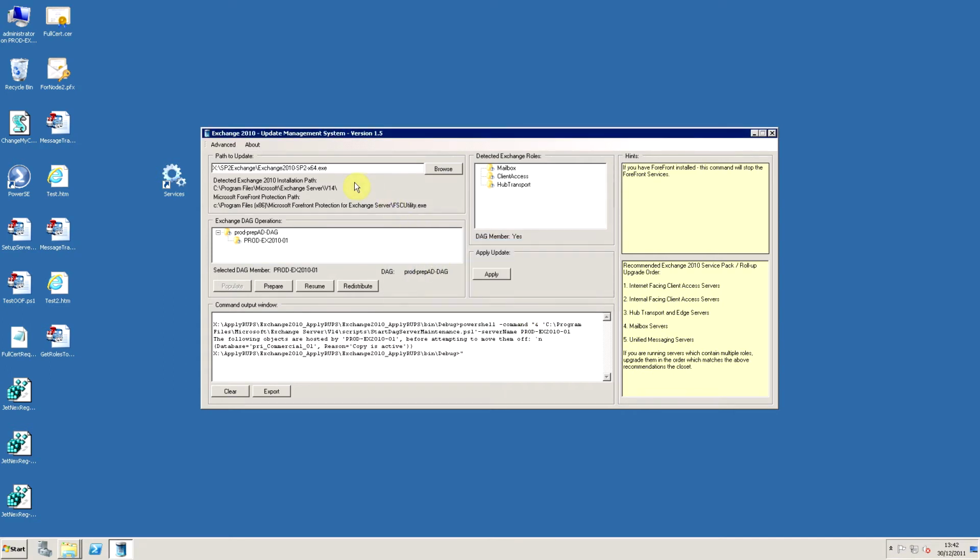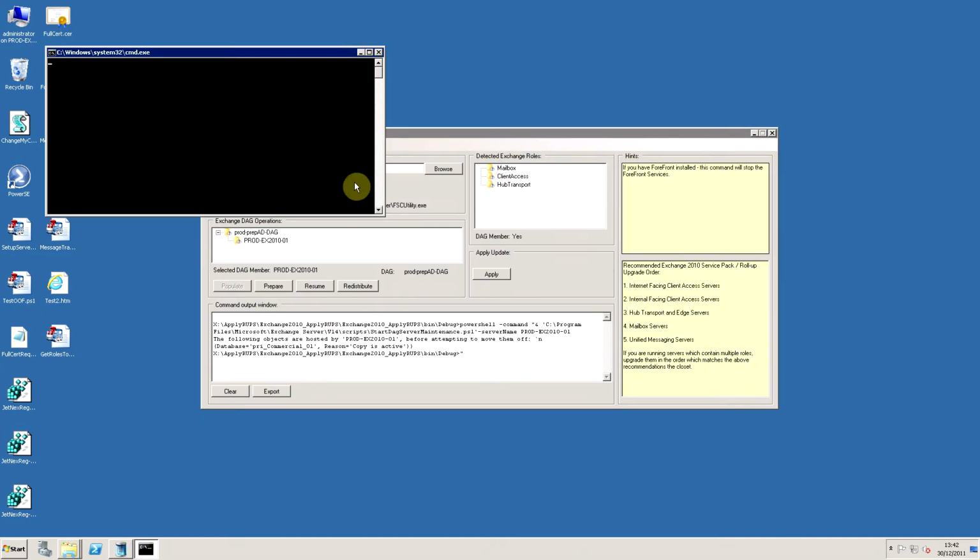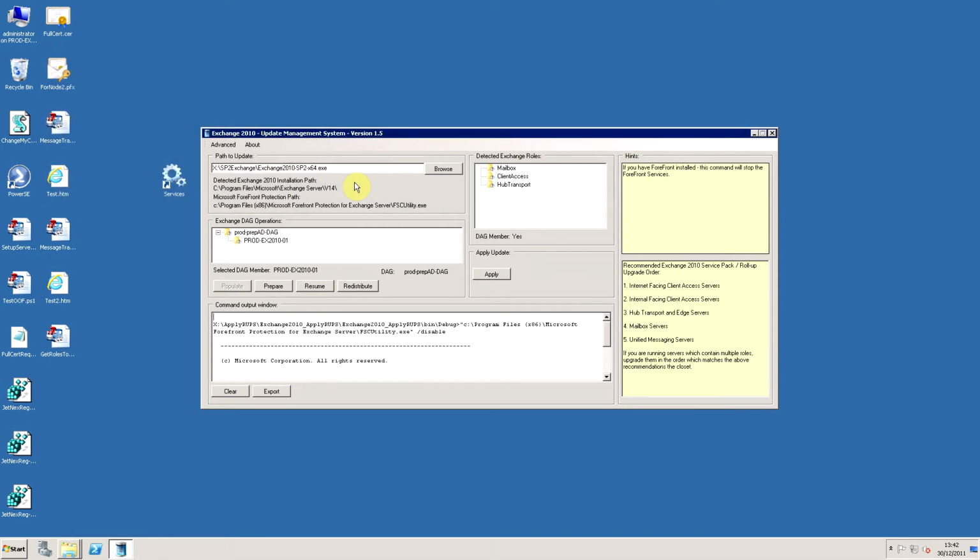And what we then do is wait for the program to shut down three services, which are the Microsoft Exchange Information Store Service, the Microsoft Transport Service if it's installed, and the FSC Controller Service, which is part of Forefront. And as you can see, as the last step, it then executes FSC utility /disable, and the output here is generated into the console